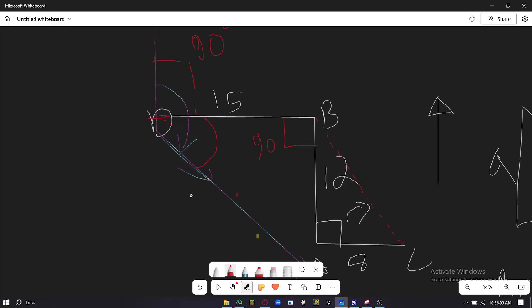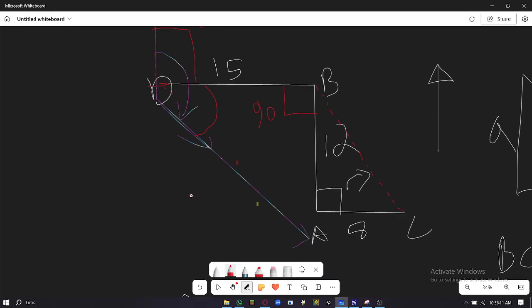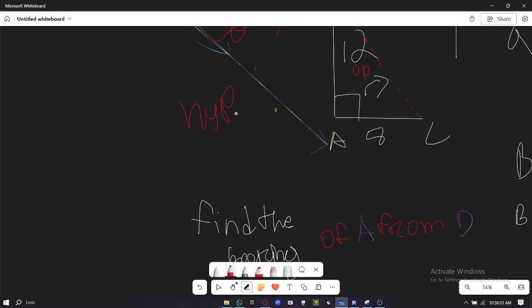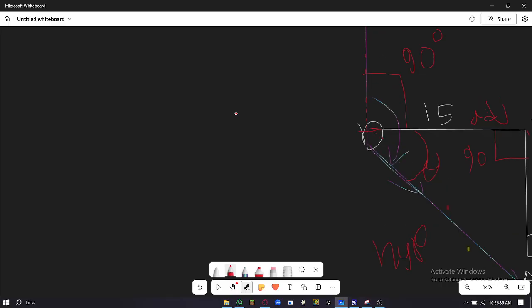What is this angle? We can use SOHCAHTOA. How do we know it's going to be SOHCAHTOA? It's very simple. This is the hypotenuse. From here, this is the opposite, and this is the adjacent. We have to find theta, and we have to use the lines we have, the opposite and the adjacent. What has the opposite and the adjacent? Tan, TOA, opposite, adjacent. So tan theta equals 12 by 15. Theta is